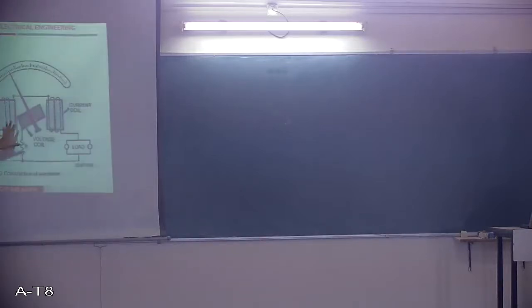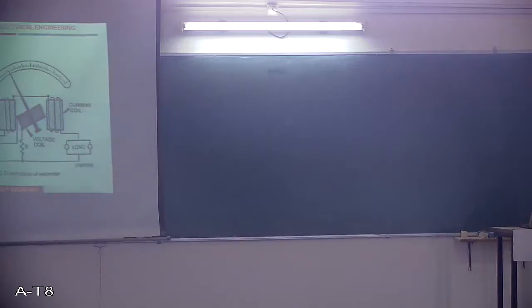Keeping that in mind, resistance of this moving coil has been intentionally increased. Its work is only to sense the voltage. It is not measuring any current. Okay, so a small current proportional to the voltage will flow through the moving coil, and this moving coil is placed or it is pivoted on the spindle, and to the same spindle you have pointer attached. Okay, and this moving coil is free to move. It is having light weight, remember, to reduce the moment of inertia of the entire moving system. So this forms the moving system of the instrument, and the pointer can move over the graduated scale here.